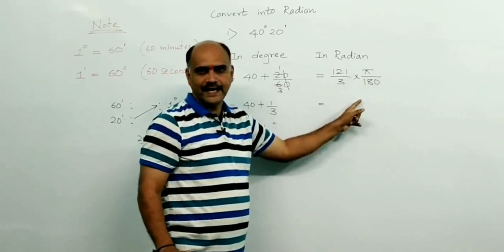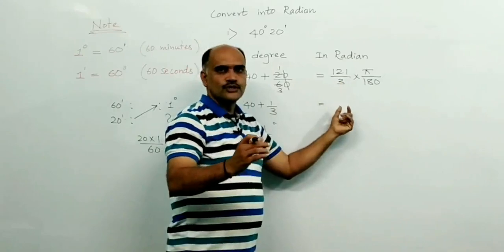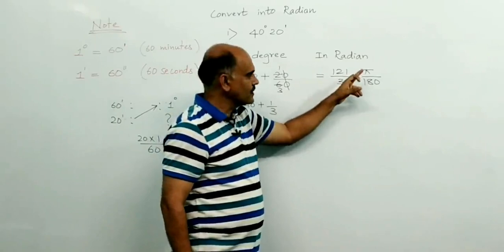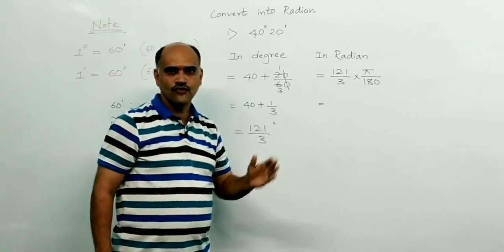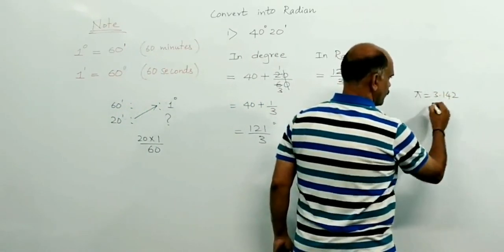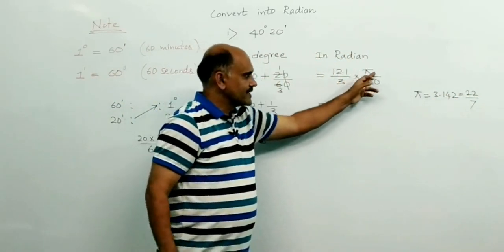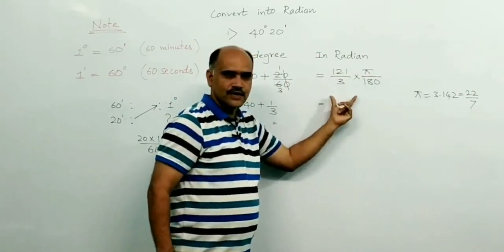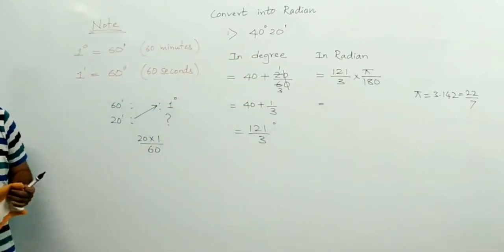You can keep pi as it is, for example here 0.023 pi, in this way you will be having it. So you keep it as it is. Even if you want, you can substitute the value of pi. Pi will be 3.142 or 22 by 7. So you can even take 22 by 7 and simplify, or else just simplify these terms using a calculator. Clear, students? Similarly, I will take another example.